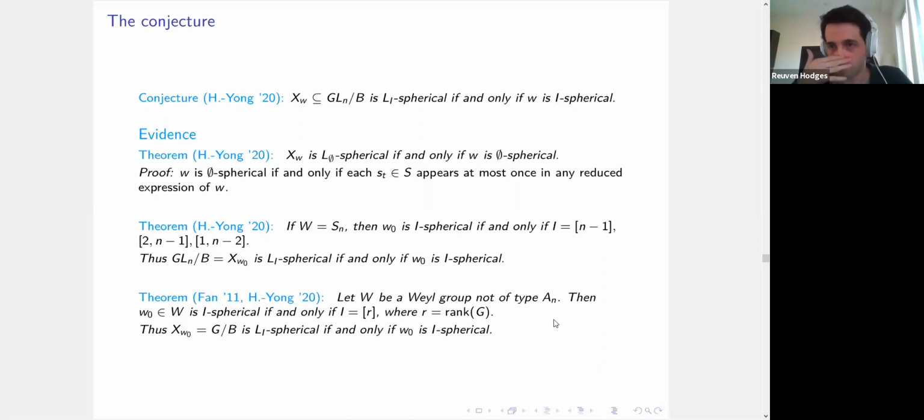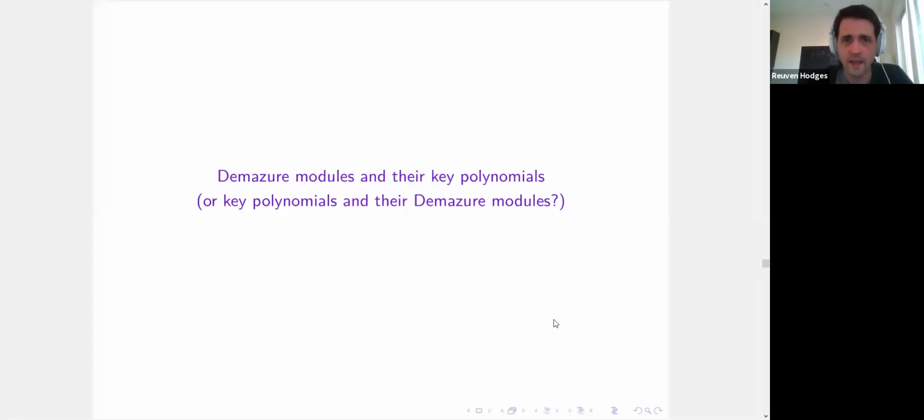And so that is the goal of the last third of the talk, to start building up a framework where you can actually do this, where you can start with the definition of being I spherical and actually show that you get geometric sphericality and vice versa. Okay, and so that's this last section. This last section is about Demazure modules and their key polynomials. And well,